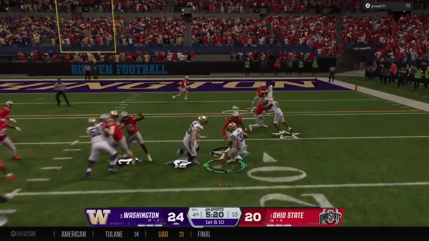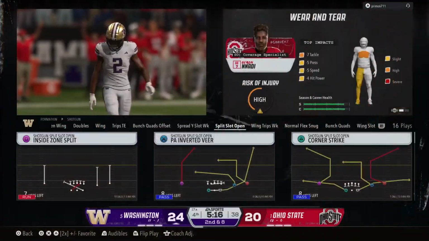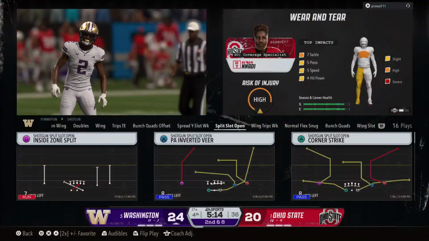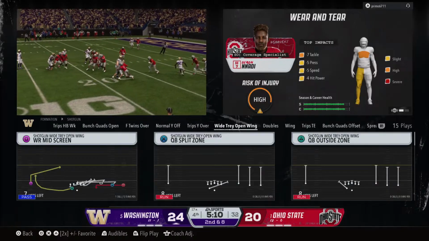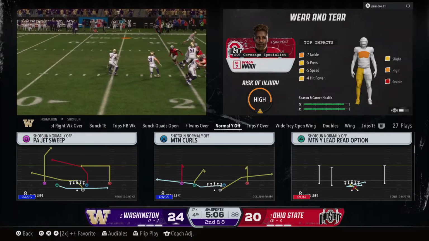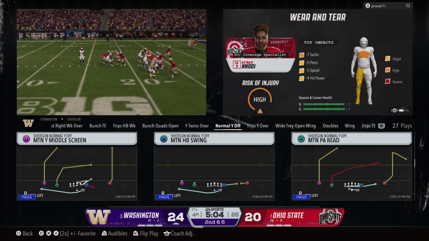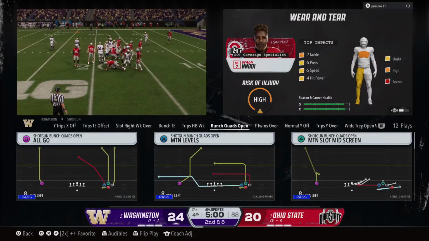He'll hand it off. Defense able to hold him there to a short gain. Chris, the spread era over the years has always grown offensively, but what I've always been impressed with are the defenses that really build their defense to play in space still have an ability to be sound at the line of scrimmage and defend a running game. It's exactly what we saw right there.